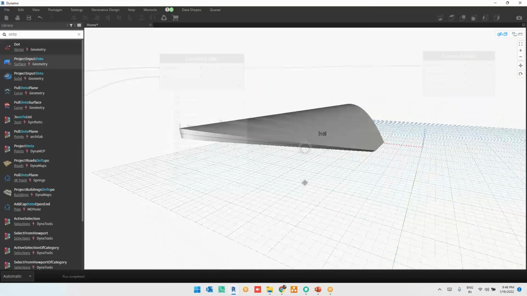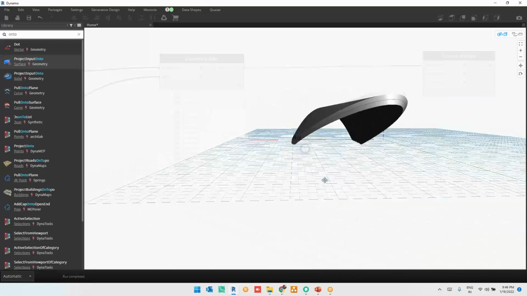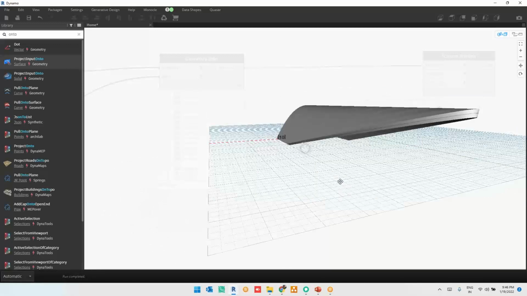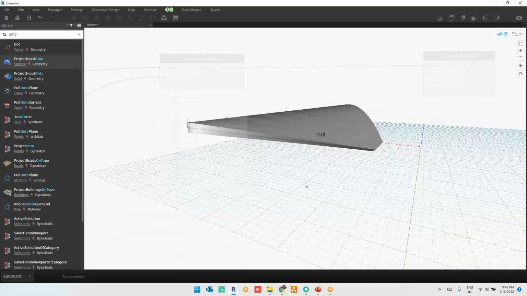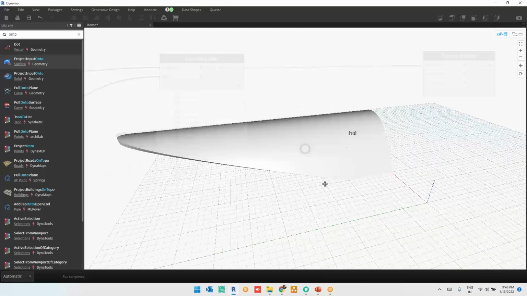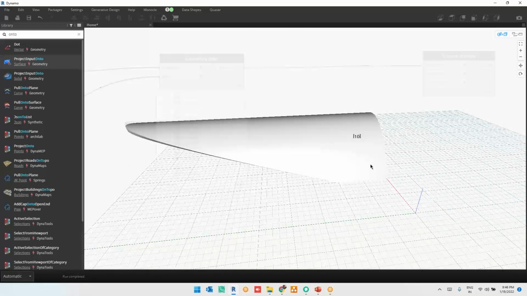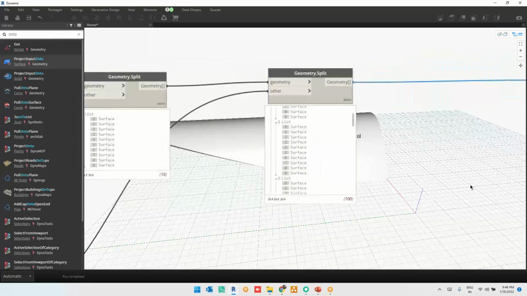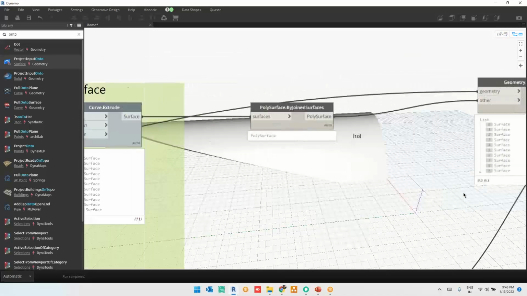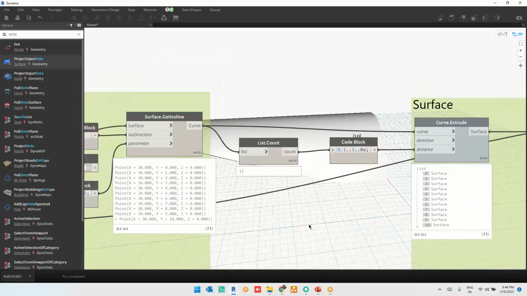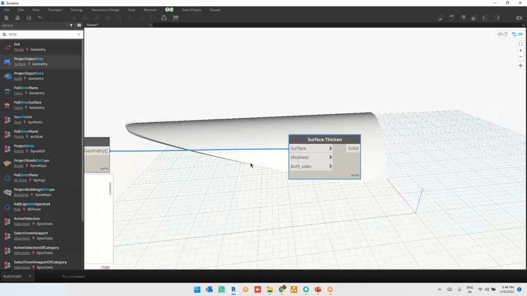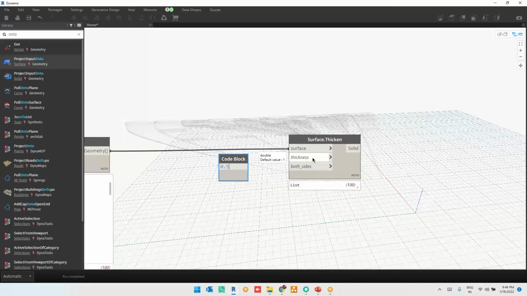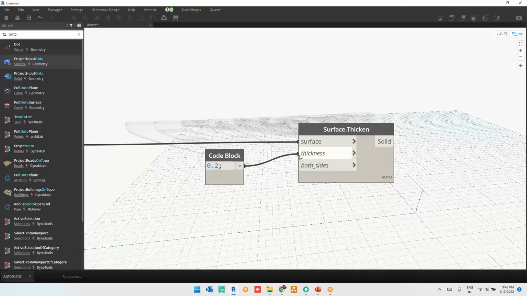Do you see that? There is a thickness added. It means we have converted a surface, a very straight, paper-like curve, by adding thickness. Got it, guys? Now, of course, I can't see the extrusions on the top of it. So I want to change the thickness, or else there is a default thickness. So I'll set it to 0.5 or 0.2 something. So when I connect this thickness to it,